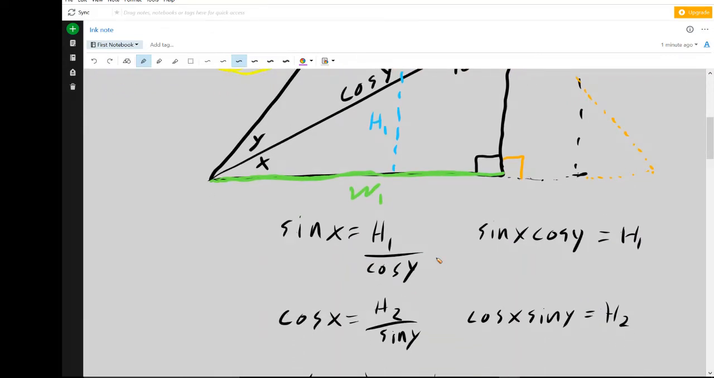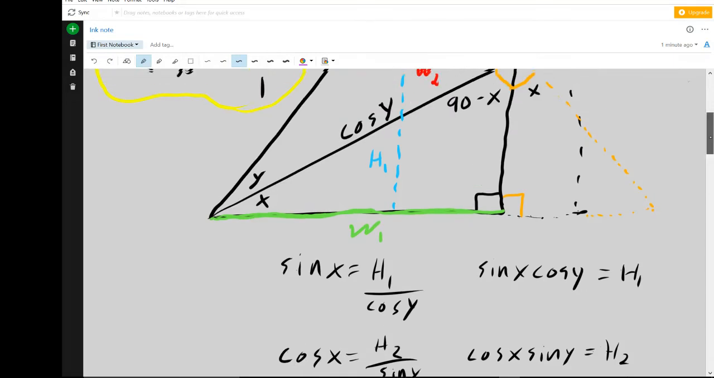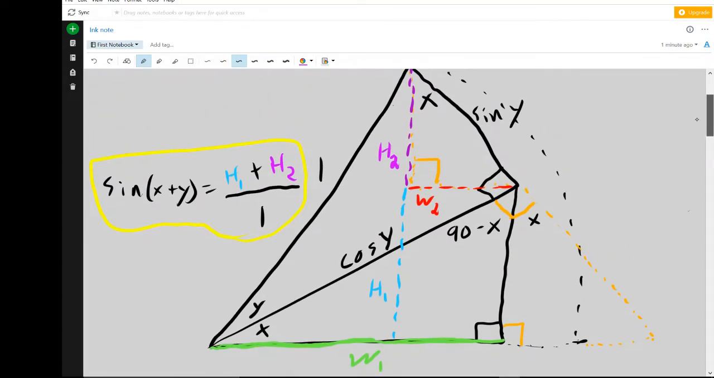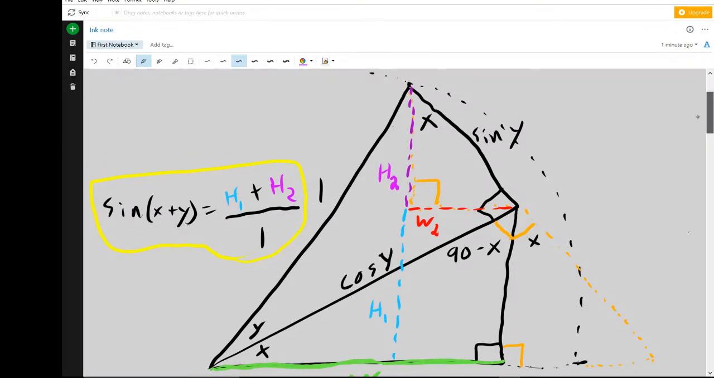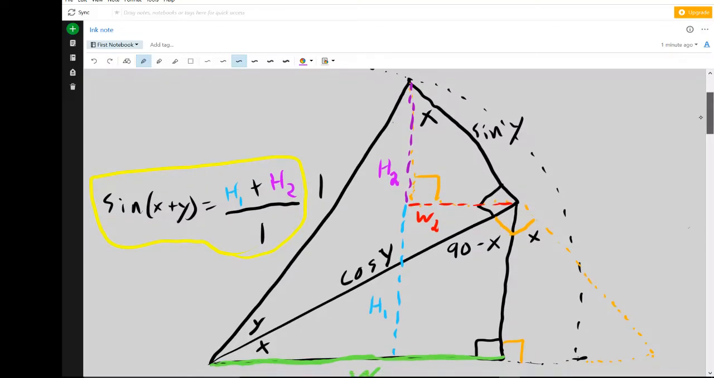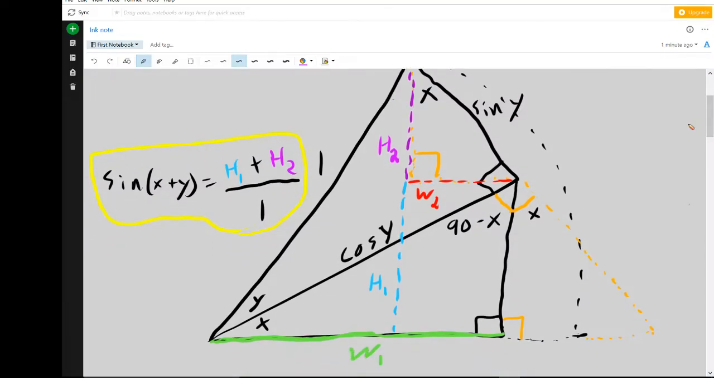Now we solve for h1 by itself by multiplying cosine y by both sides, and we have that value. So we have the blue portion. Now we need the purple. And this is where creating those two other triangles comes into play, right? We can't use that x in the bottom left to find h2, but we can use the same x up top. So to do that,